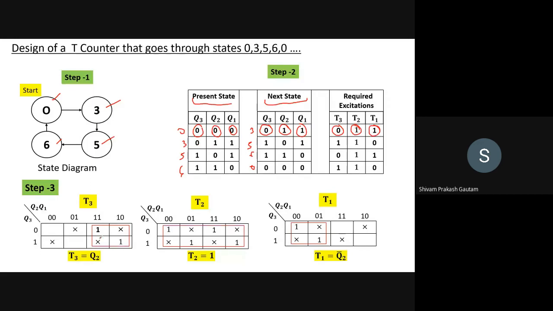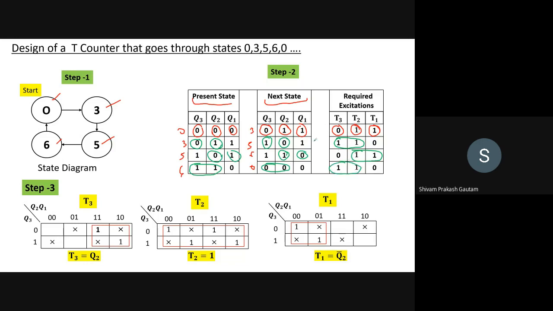Just see where toggling is taking place. I will mark that. This place is having toggling. This is also having toggling. So both of them are 1. And again, in the next step, just check where toggling is happening. This is where toggling is happening, and this is toggling. So these two are 1, 1. Next step, just see where toggling is happening. These two places are where our toggling is happening. So these two are 1, 1.